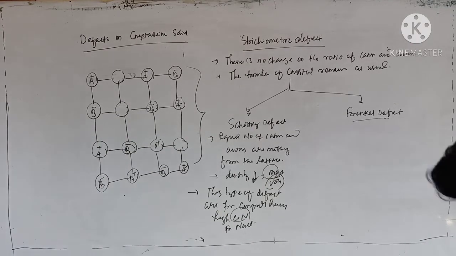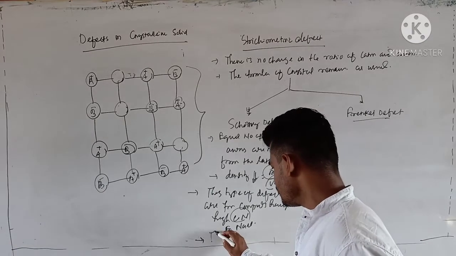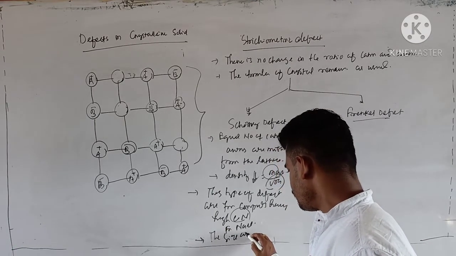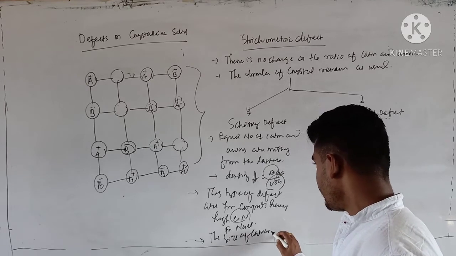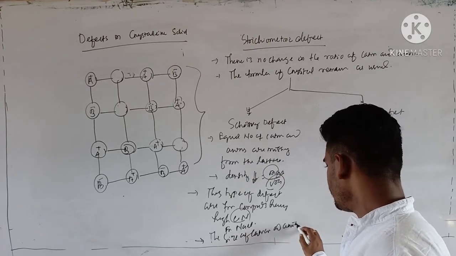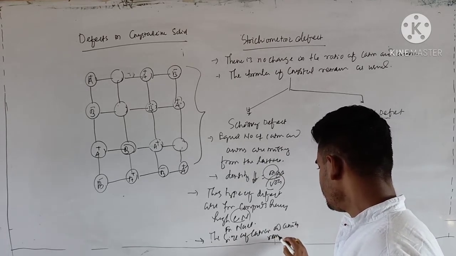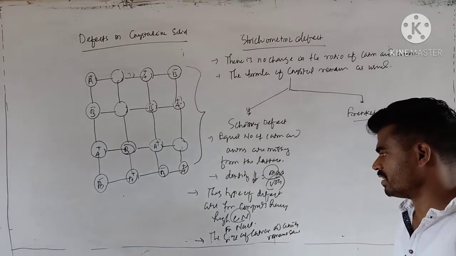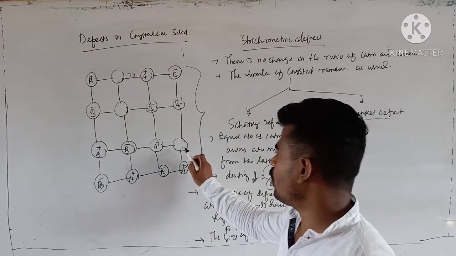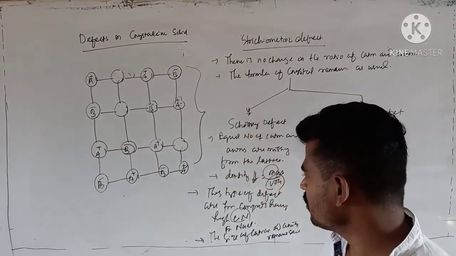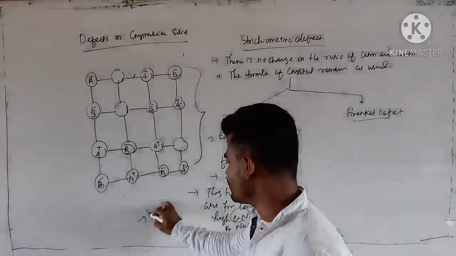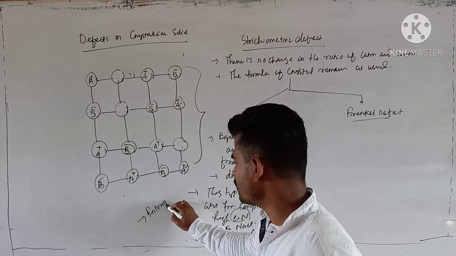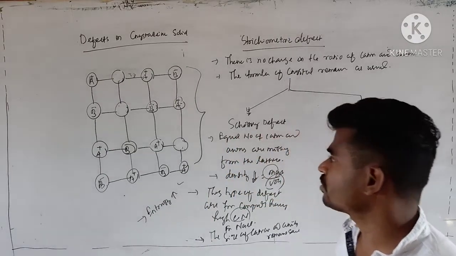In case of a Schottky defect, the size of cation and anion remains about the same, there is not much difference. Again, since there is a loss of ions from the lattice, entropy increases. Entropy increases in Schottky defect.